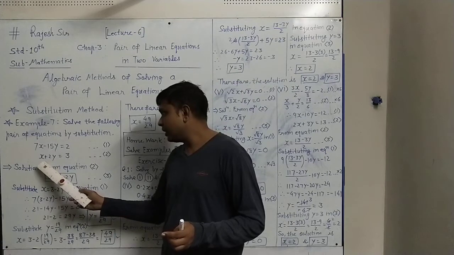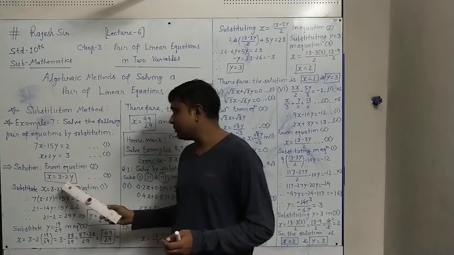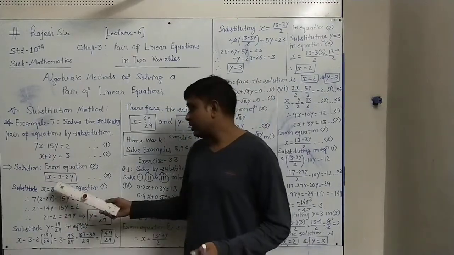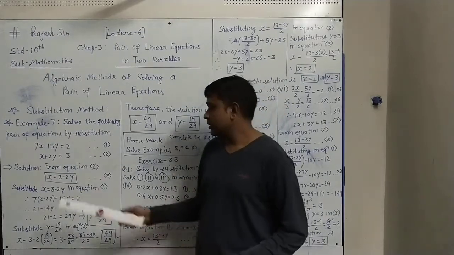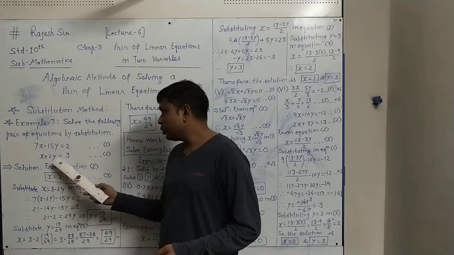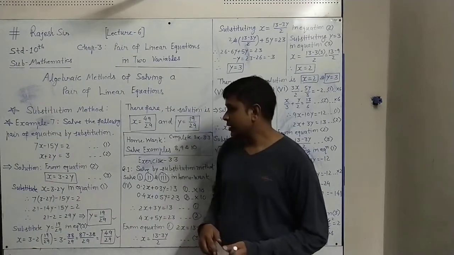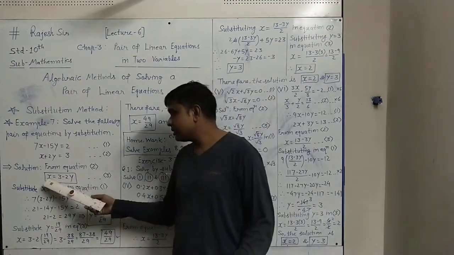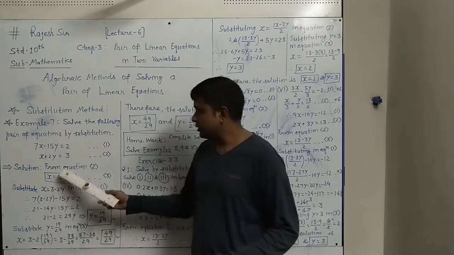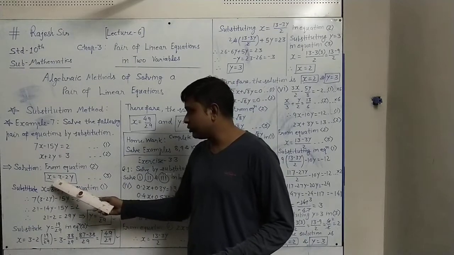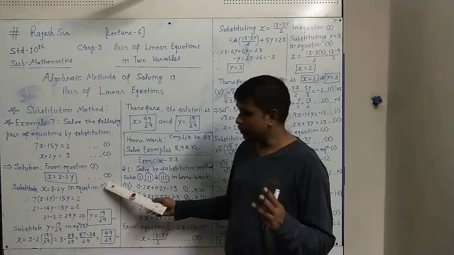From equation number 2, I can make x equals 3 minus 2y. The 2y is taken to the right side as minus 2y. Any one variable we take on the left side and all other things on the right side. This equation is represented in the form of x in terms of y. This way we are making the substitution for x in the next equation. Equation 2 is now represented as x equals 3 minus 2y. We will call this transformed equation equation number 3.